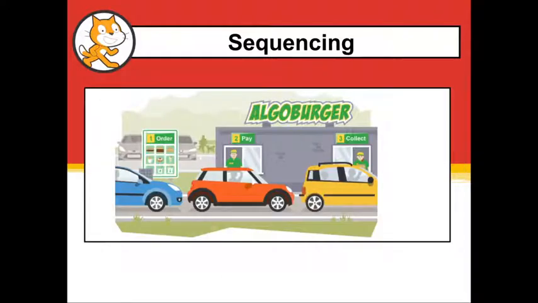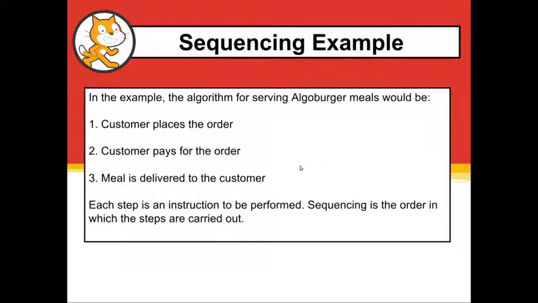So imagine we have Algo Burger. We're going to buy a burger at Algo Burger. So here in the sequence, you can see we place an order, we pay for our order, and then we collect our order. Does it have to be in that order? Does the sequence have to go in that order? Let's have a look at it. So here's the